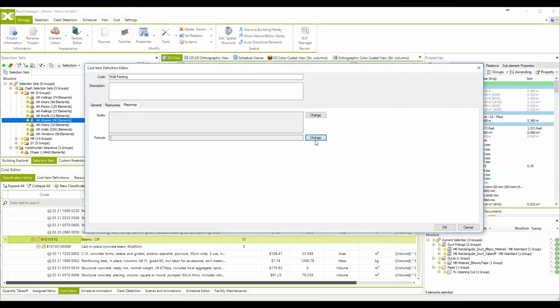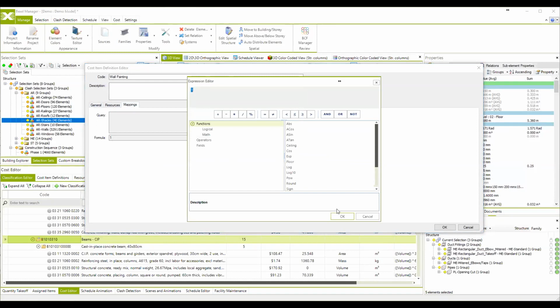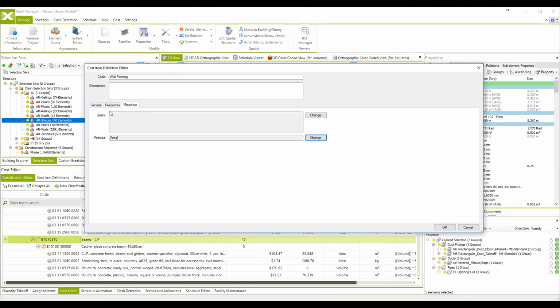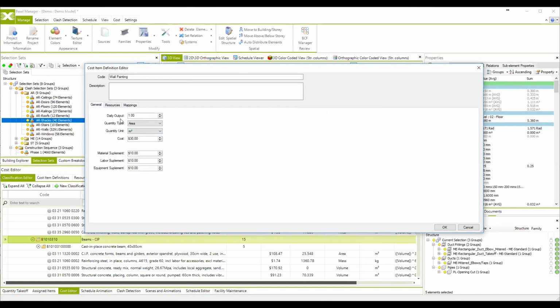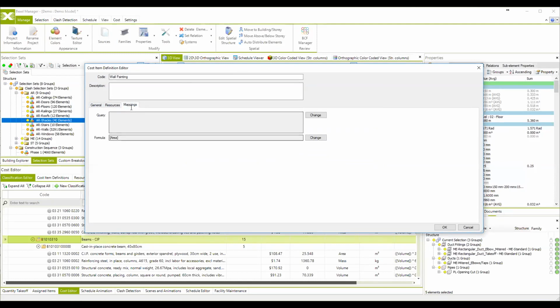So this formula here, actually when we click area, and hit OK, you see that the formula for calculating the cost of our project or the elements are this cost on area of specific elements. And for example, if we want to